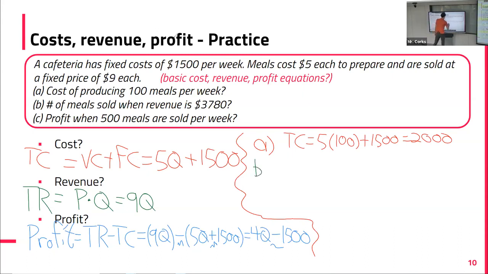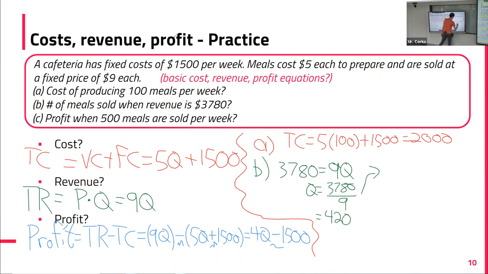So question B here, not asking us for revenue, it's giving us revenue and asking us for quantity. So we just work backward with our formula. So 3,780 is equal to 9Q. So Q is equal to 3,780 over 9, which is 420. If you're trying to think of some no calculator strategies for this, you can just think